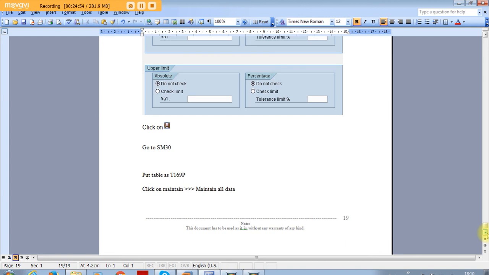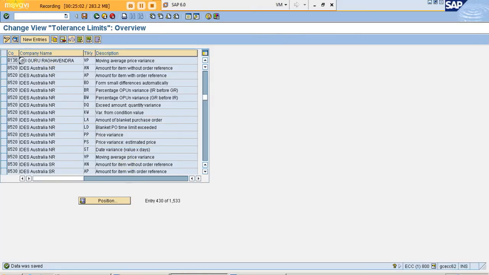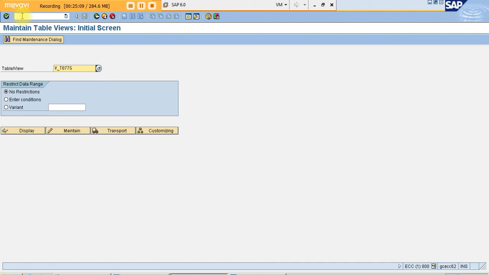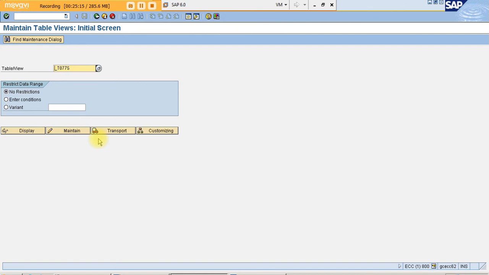Now what I'll do is I'll go to T code SM30. Now I'll see which table it is. T169P. So the table is T169P.